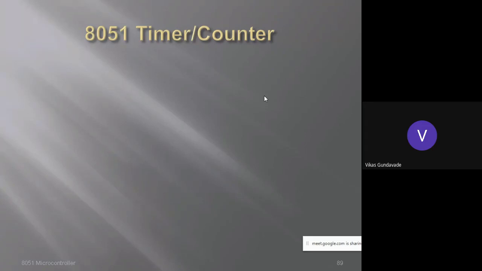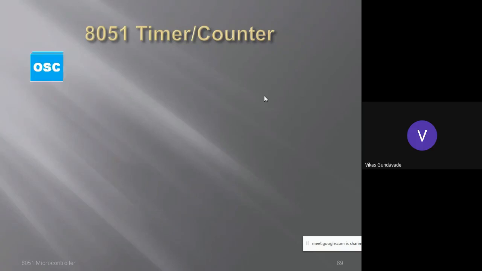At the same time, to control the timer, or to start and stop the timer, one more register is used, that is called the TCON register. So these 2 registers are used as special function registers. Similarly, when we need to load the count, that count will get loaded into 2 more registers, which are called the TH register and TL register. As there are 2 timers, these registers will be TH0 and TL0, and TH1 and TL1. These are where the count will get loaded.